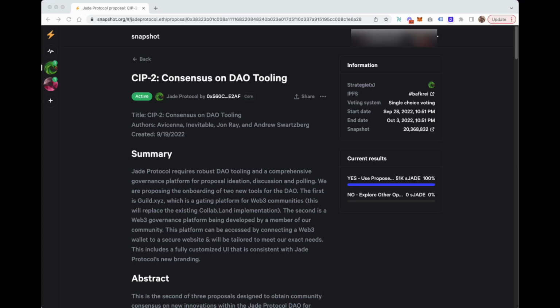Everybody, it's John Ray with Jade Protocol and NF Treasure, and I wanted to highlight a cool on-chain vote that is happening in Jade Protocol and for the Jade Protocol community right now. It is entitled Community Improvement Proposal 2: Consensus on DAO Tooling, and I'm going to go through the proposal kind